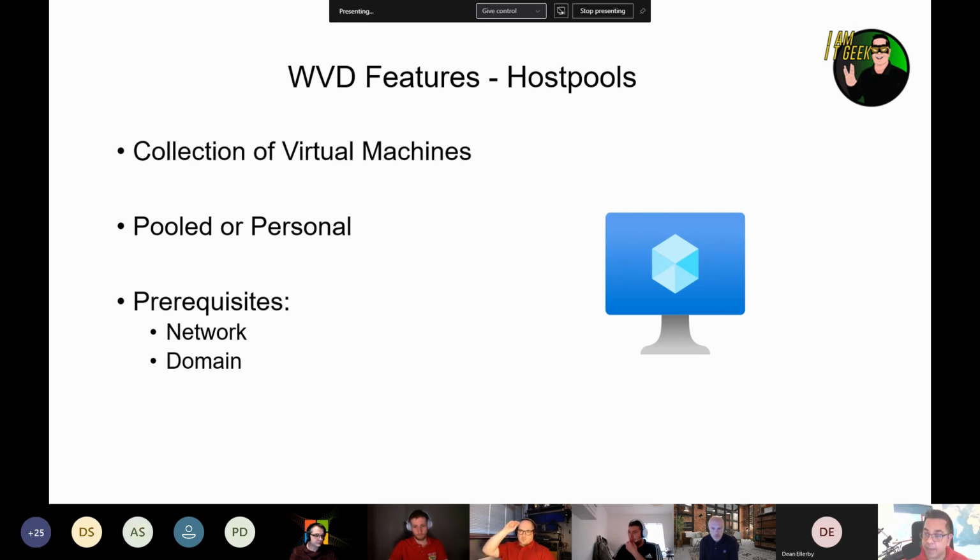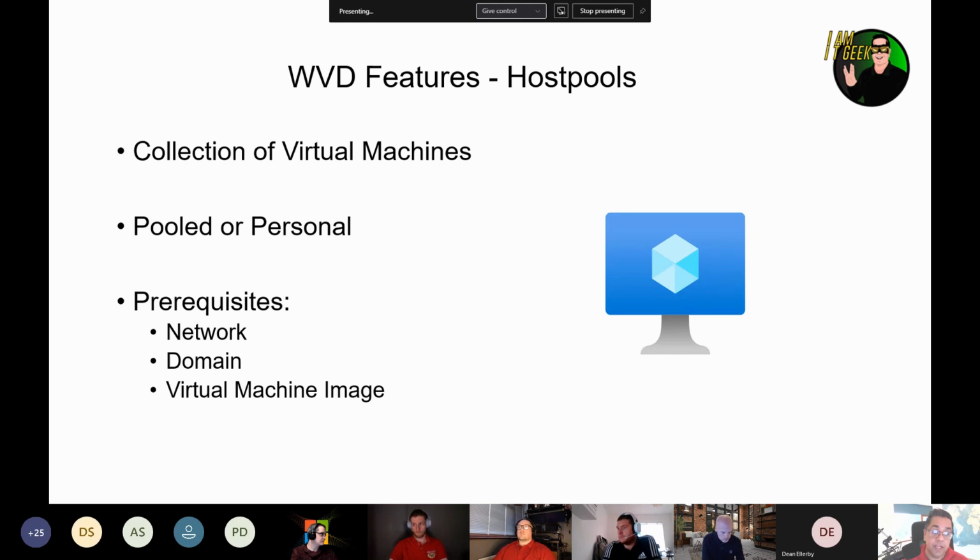So you can provision a domain controller on a virtual machine on the same network as your WVD tenancy if you want, or you can use Azure AD Domain Services, which is probably the more suited service for this type of deployment. I mean, you could even go as far as using an on-premises domain controller, but then you would need a site-to-site VPN from Azure into your network on premises. And also you kind of got one point of failure. If your VPN fails, then your users can't log on either. So if you are going to have some sort of domain, have it hosted in Azure AD Domain Services or on a virtual machine potentially.